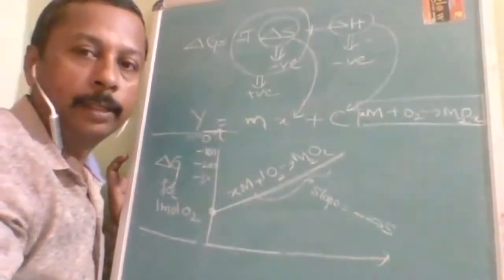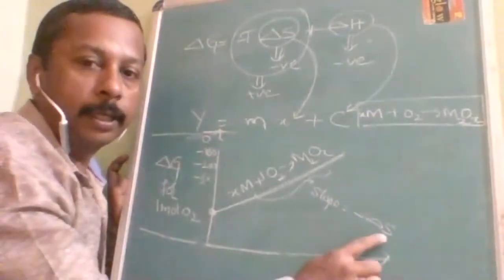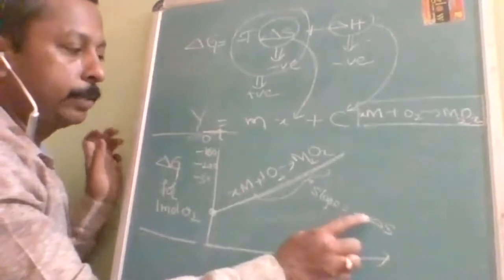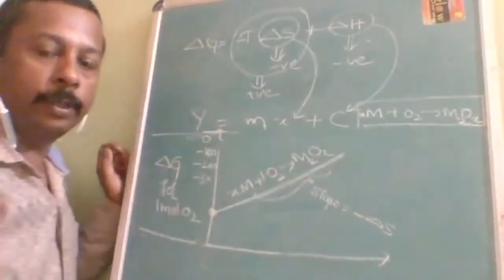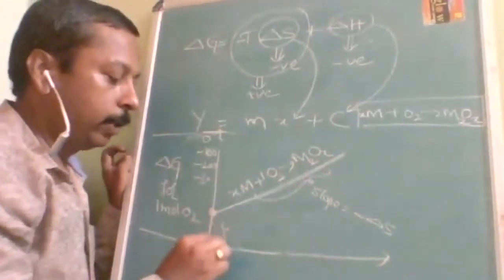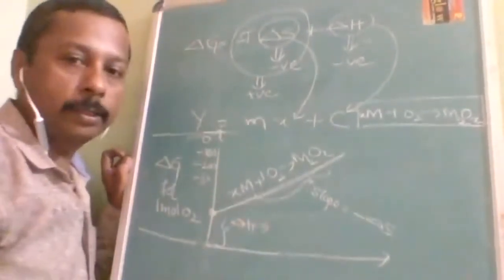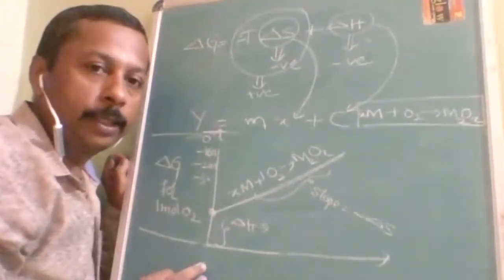Slope over here is minus delta S. Minus delta S is the slope, because minus is already there, delta S will be minus, and minus into minus is plus. This is going to give you the slope. So in the exam, what is this value? This is the delta H value. This is the thermodynamics of the